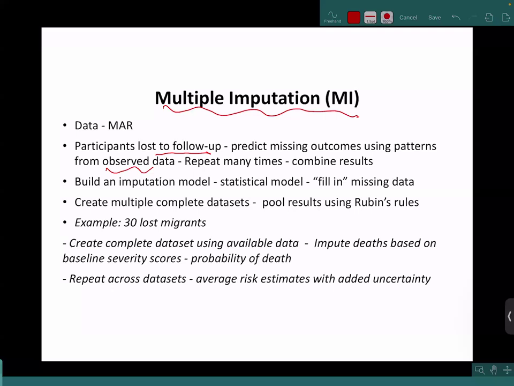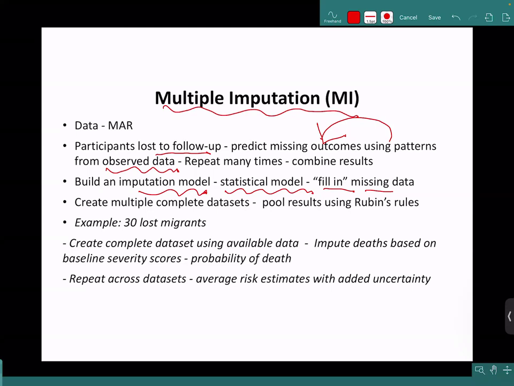So you catch hold of that observed data and you predict the outcome based on the patterns of the data which you have at hand. And you do this by using a statistical model, which are known as imputation models. So the empty cells, especially for the outcome, you can fill in the missing data by using statistical models based on the data for the variables at baseline and a few data, whatever is there at follow-up time. Are you getting this concept?